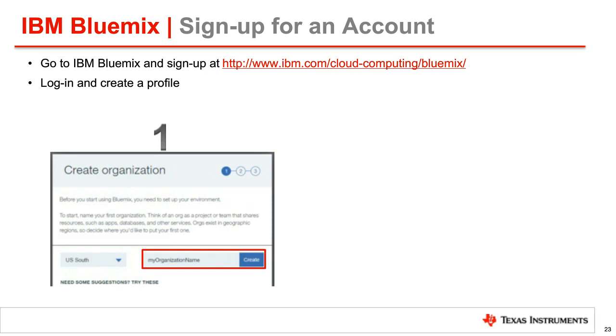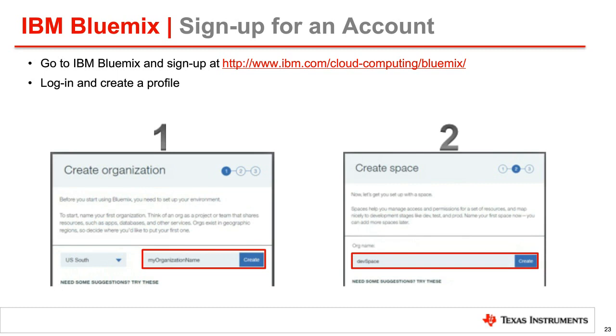Each organization will have its own domain or set of domains and act as a unique identifier across all of IBM Bluemix. Within an organization, you can further divide applications, services, and team members into spaces. Each space will be tied to a specific region, and in the example shown here, I've named the space DevSpace to represent that it's my development environment, and to distinguish it from any other space I would create for a production or release environment.